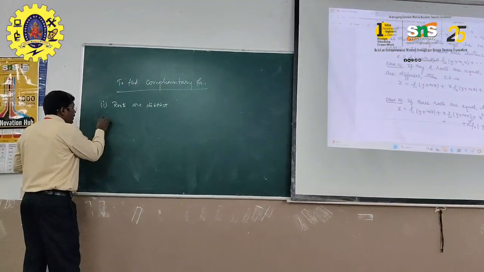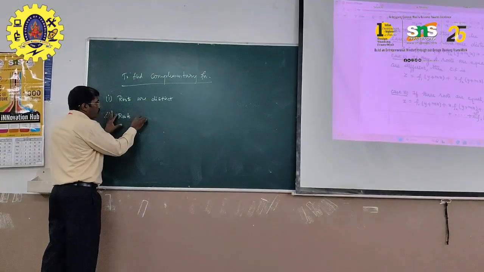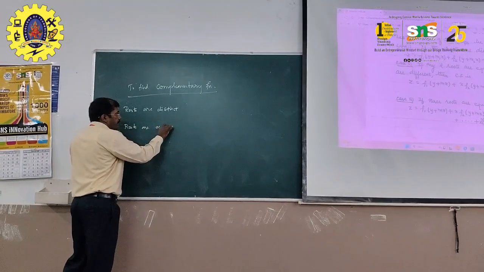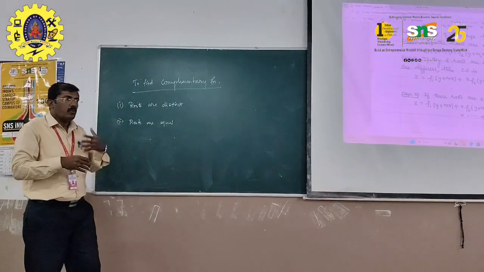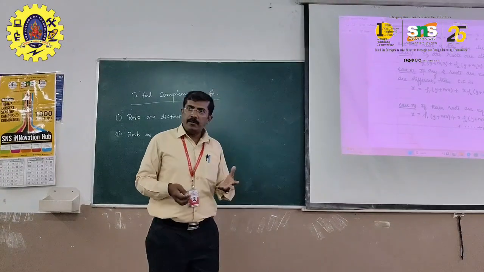Similarly, for equal roots, when the roots are equal and of like kind. So when the roots are different, what is the methodology, what is the CF formula, and when the roots are the same, what is the idea? Am I right? This is how we have